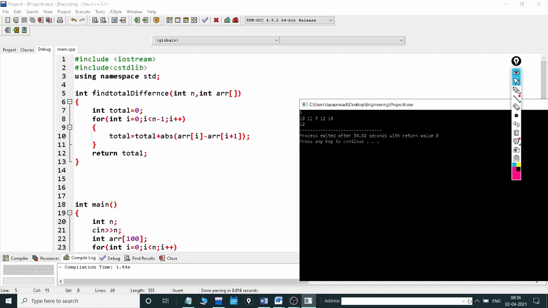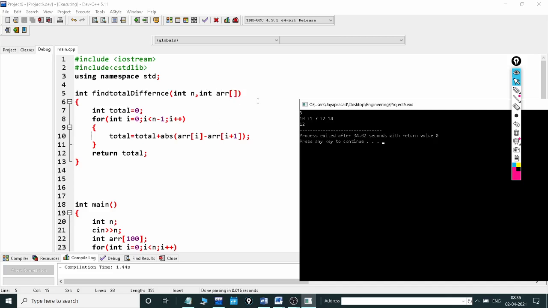So the control goes here. It will receive it through n of type integer and through array arr of integer. In C++ we no need to define the size while receiving. Then there is a variable called total equal to 0.